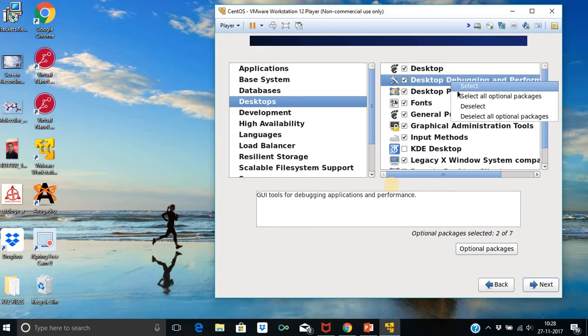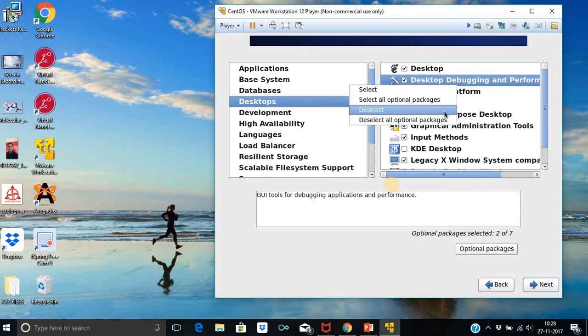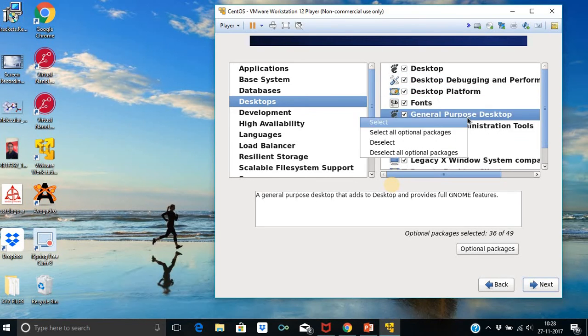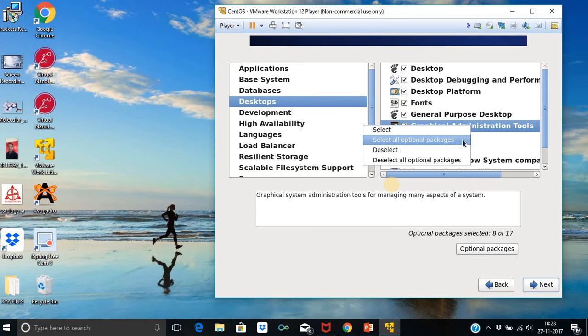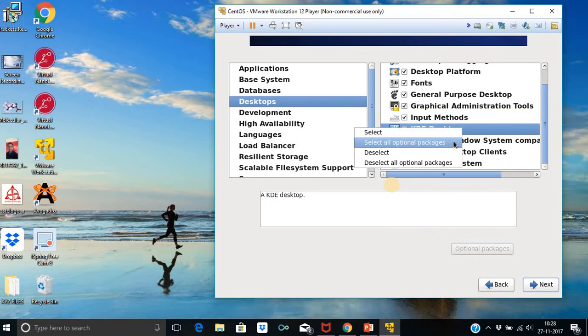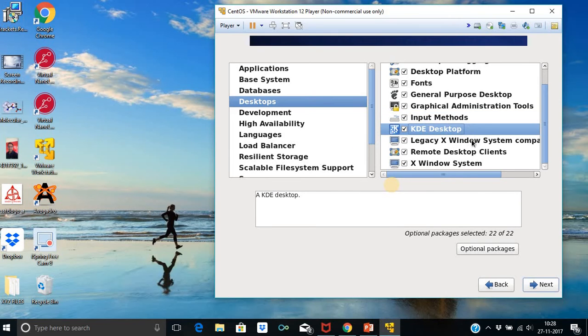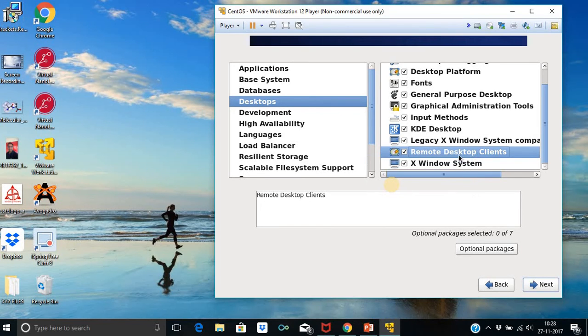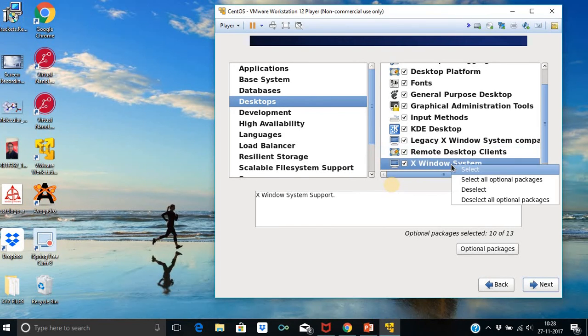Desktop environments. All fonts. Graphical administration tools. And we can also use the KDE desktop, for detail you can Google it. X Windows system.